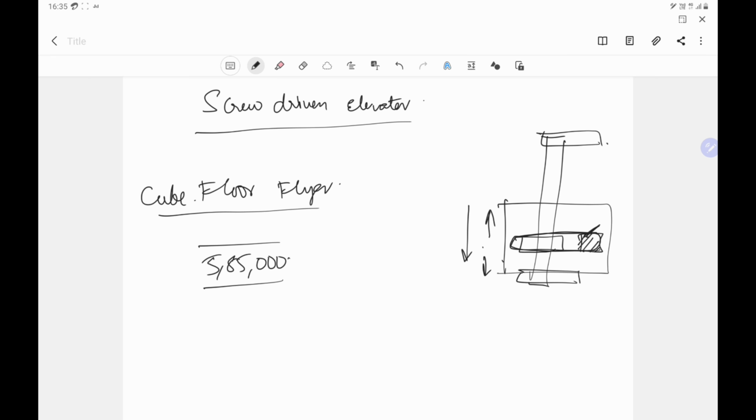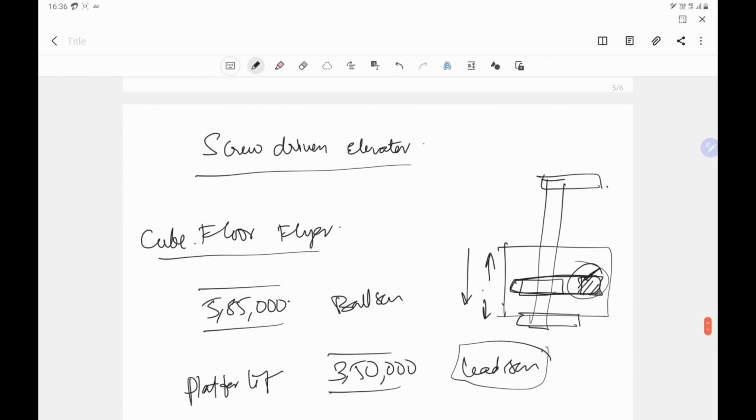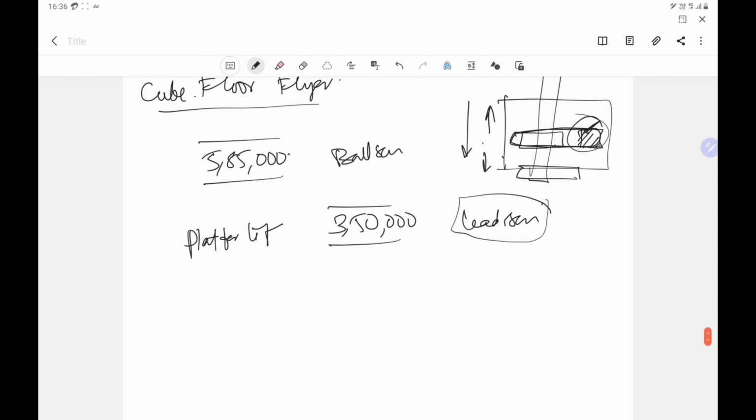And in case somebody just wants a platform lift again, it costs 3,50,000 rupees, where the screw is made in India. So this is a lead screw, this is a ball screw. In a screw elevator, you can hear a humming noise from inside the cabin because the motor is inside the cabin. Plus, if it is a lead screw, when the lift moves up and down, you will hear a little bigger noise when compared with the conventional lifts. So these are the different types of elevators which can be fixed within ground plus one floor.